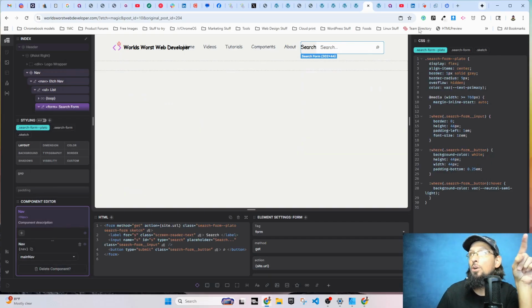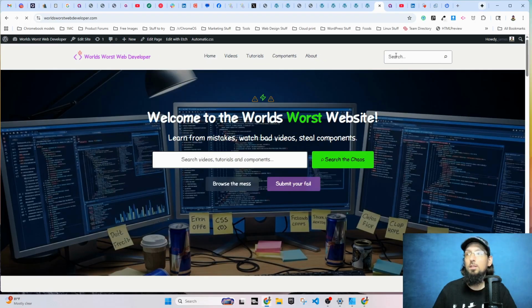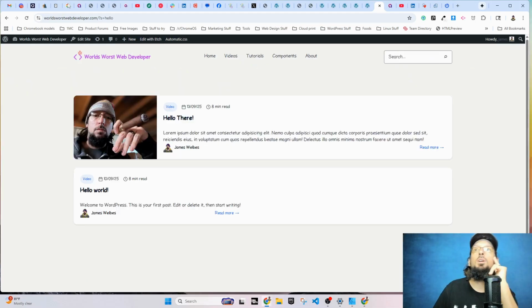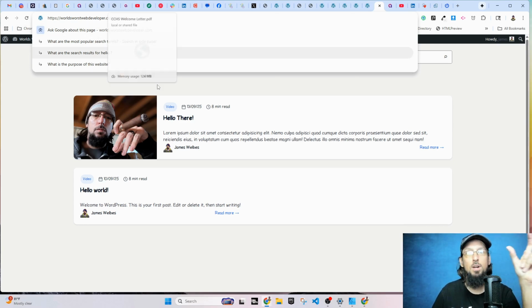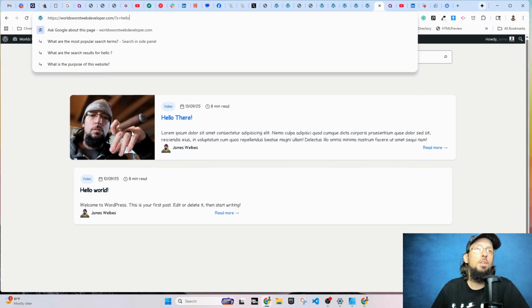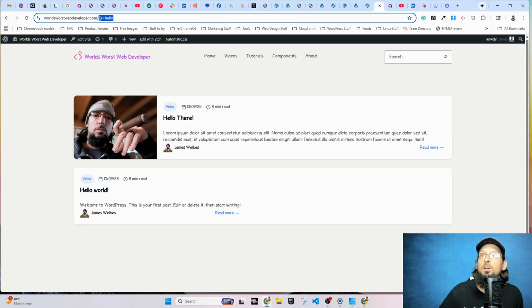This form will make it so when you do a search, let's say we search for hello, look up here in the URL bar, it adds ?s= hello. This is WordPress stuff. This at least puts the term you searched for as a parameter in the URL. You can then use that parameter to do a query and filter that query, which is the next thing we're going to talk about. So this is the easy part, just getting a form that puts this up here in your URL. And then the fun part,